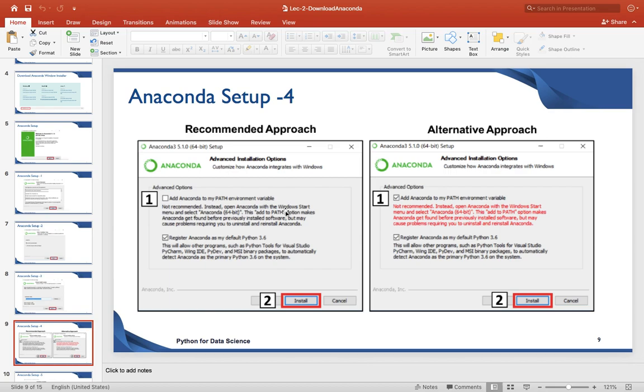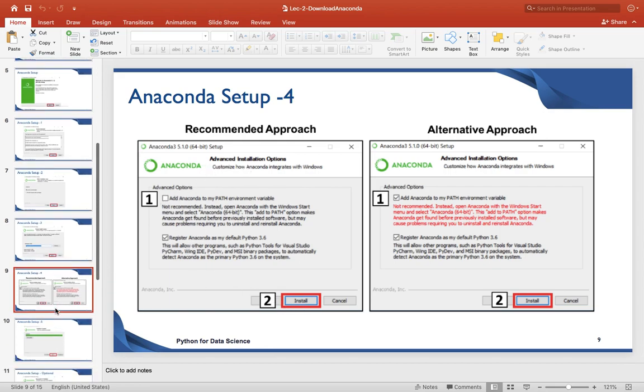In the alternative approach, if you try to install Anaconda and click add Anaconda to my path environment variables, and somehow you encounter an error, then it is very difficult to uninstall and reinstall the Anaconda, it might cause problems. So it is basically recommended you uncheck the first option and follow the recommended approach,